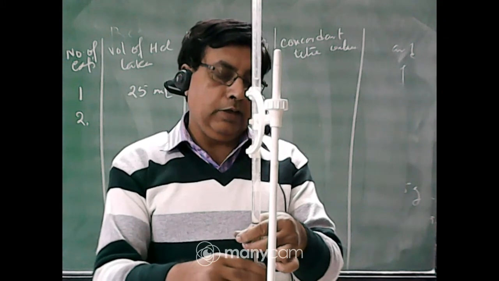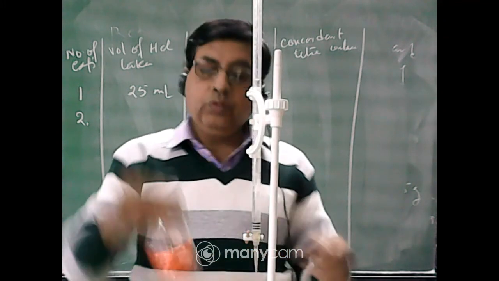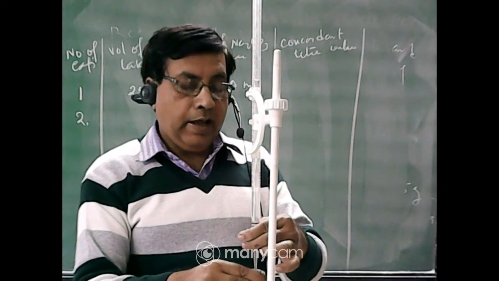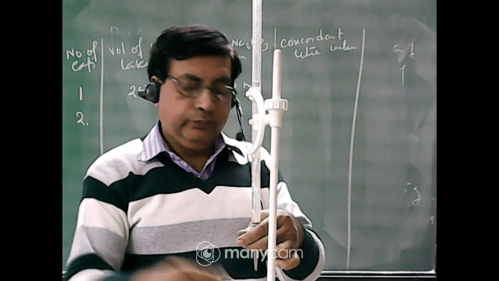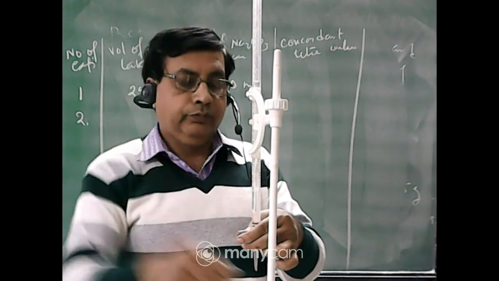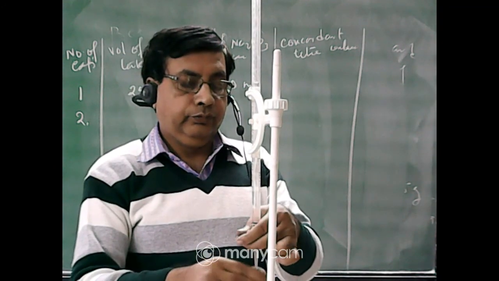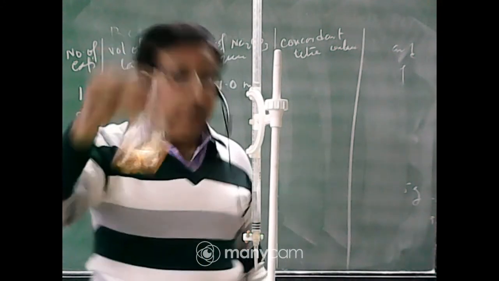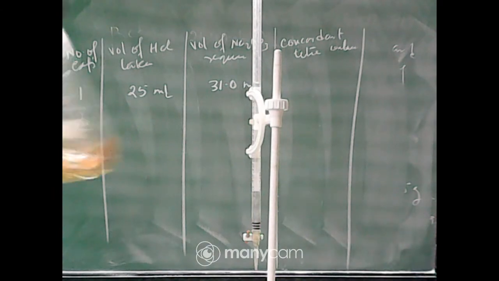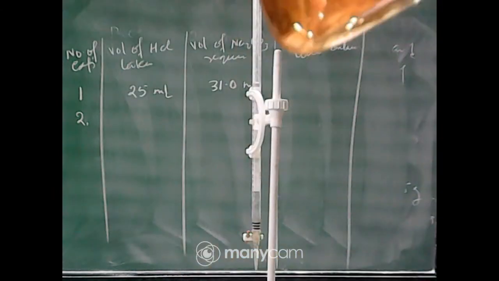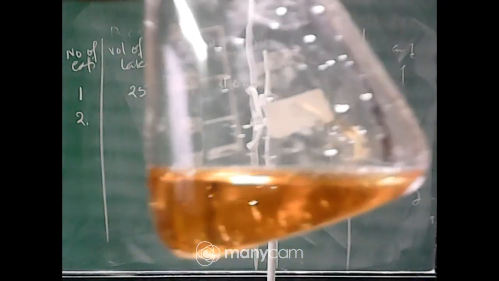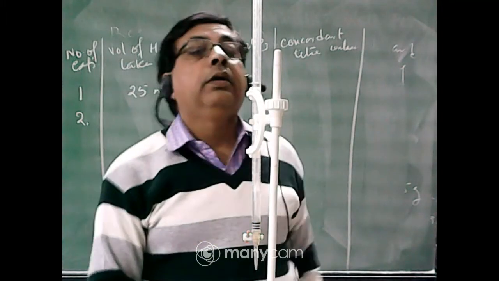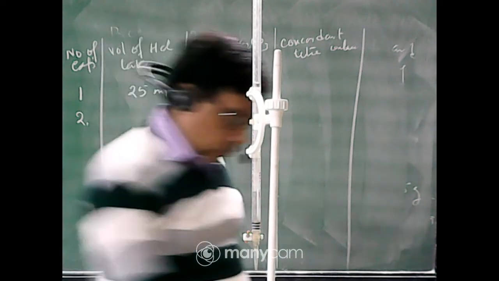The titration will take few times. You should be cautious. Now yellow color begins to develop. Add drop by drop. See, yellow color develop. It is also 31. See this yellow color. Okay, now note the reading. The reading is also exactly 31 ml.